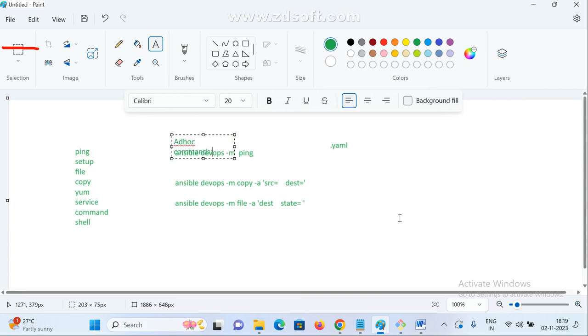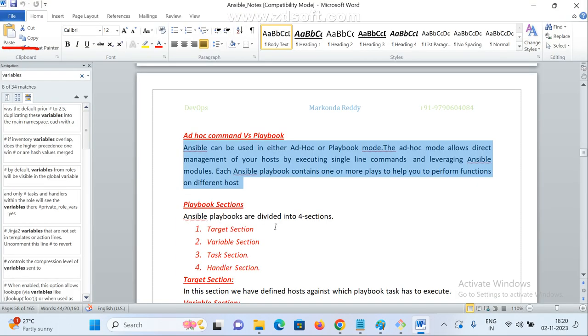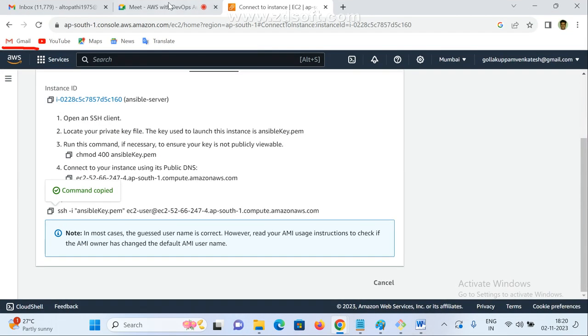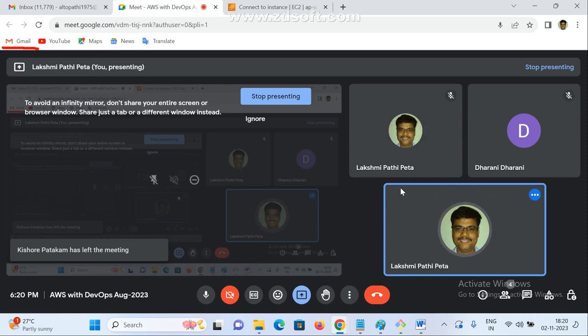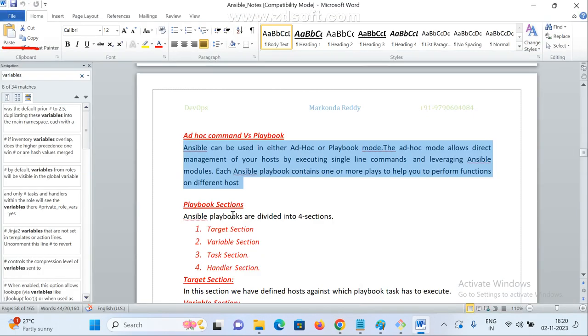Correct? So these all are the single line commands. Now I want to execute multiple lines and I want to call multiple modules at a time. In that case we go for